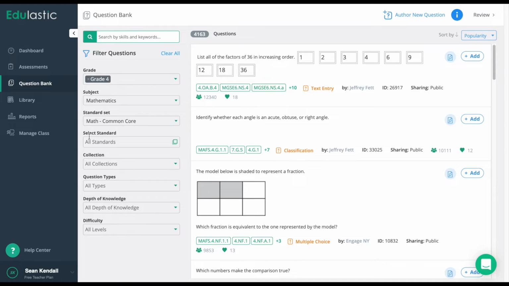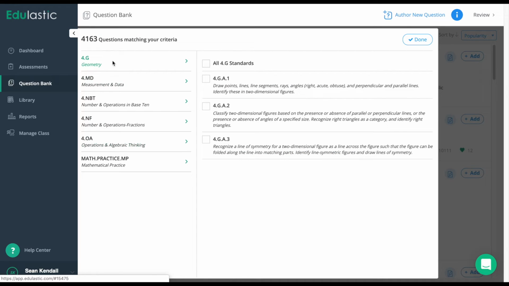So what I need to do is go to select standard to choose the specific standard I'm looking for, to make sure that I assign an appropriate test based on what we're learning that week. So on select standard, instead of clicking in this box, we're actually going to click the double green box. That's going to bring up my domains list as well as my standards list. So from here, I can choose an individual standard and get 110 questions, or I can just select all 4G